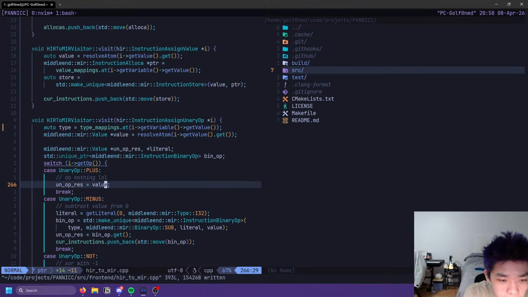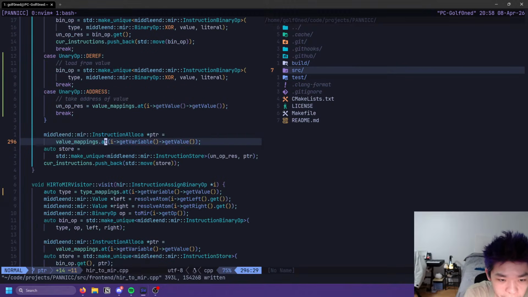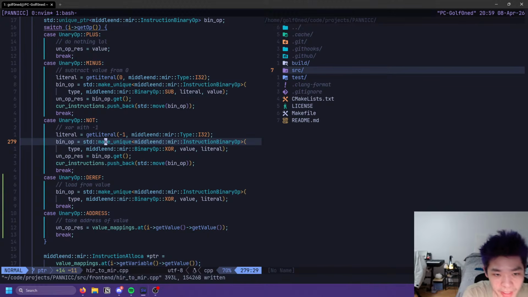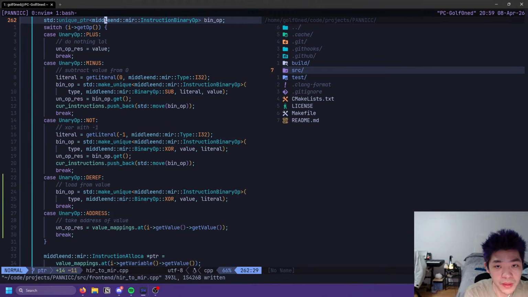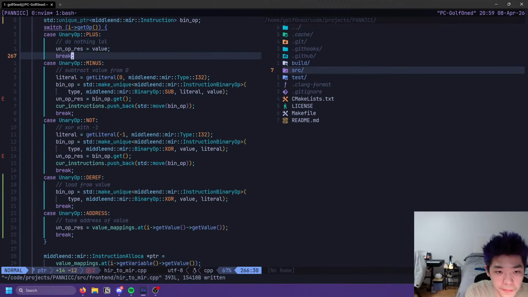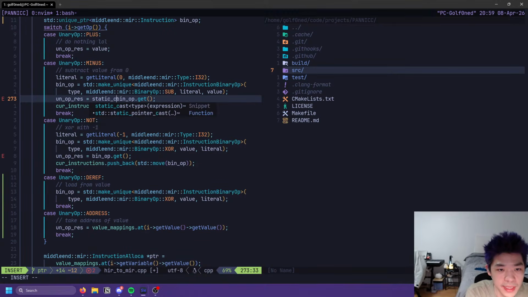Okay, what was I gonna do? Oh, right. We need a generic instruction type, I think. And that's very annoying. Okay, let's delete that. Let's do that. And then we want to static cast to middle and mir instruction binary op pointer.